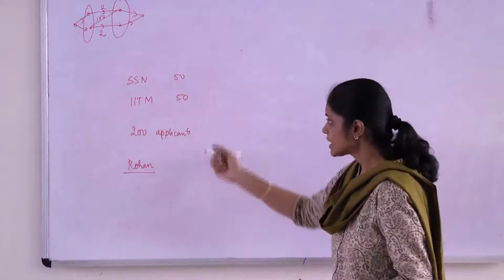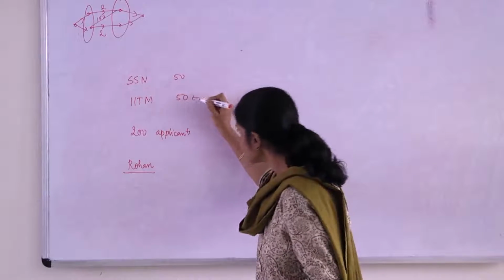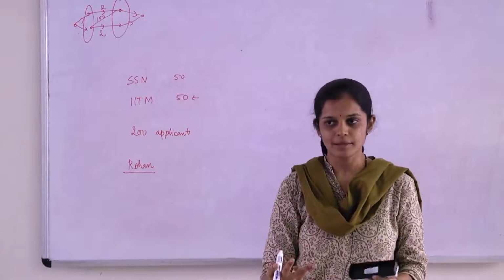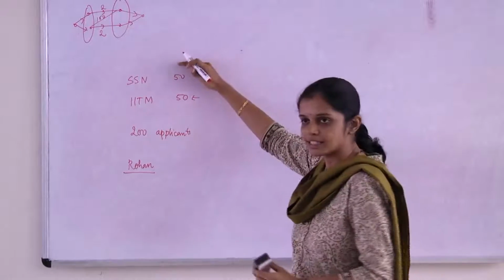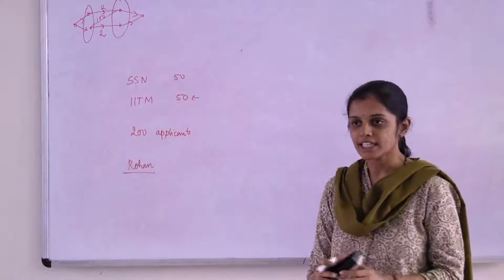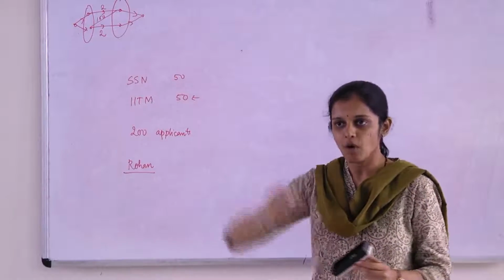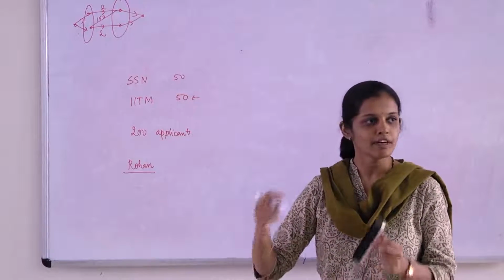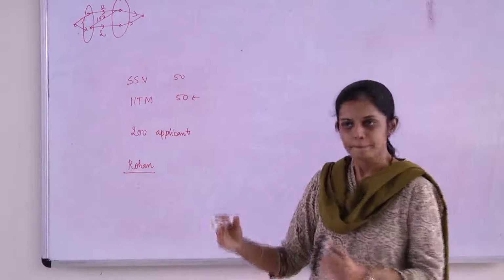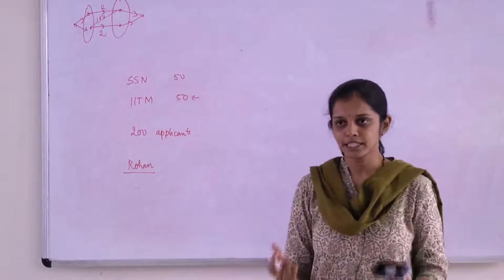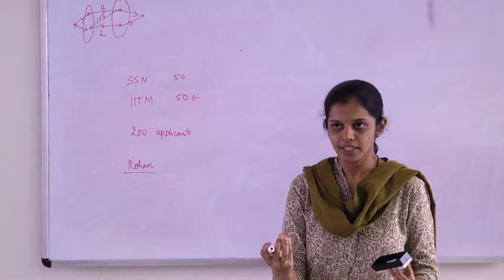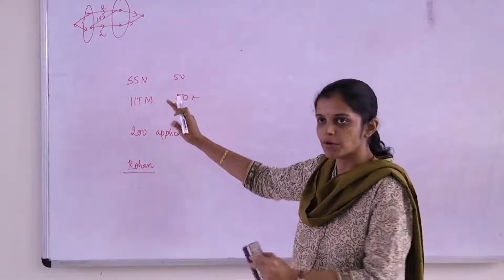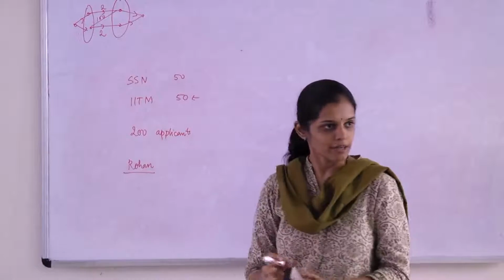Similarly, let me say that a person has gone into IIT Madras, so of course he has only two choices. But suppose he wanted to go into SSN, then he will say that he will be unhappy only if all the 50 people who are put into SSN are ranked better than him with respect to the SSN criteria. Only then he will be disappointed because he did not get his first choice, he got his second choice, but then he certainly cannot make any issue about it because things were done in a fair manner.